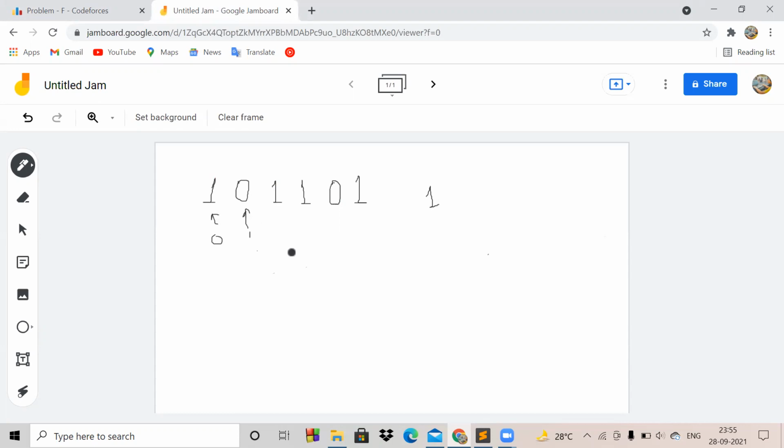Its new position will be i plus n, which is 6 here because we have 6 elements, then minus 1, and we take mod of this with 6. So the new position will become 0, meaning this element will be shifted one step towards its left. Similarly, if you apply the formula for all these indexes, you will find that all these numbers will be shifted by 1 to their left.